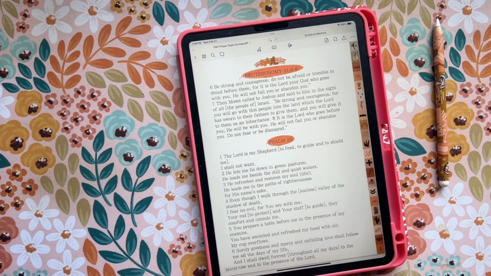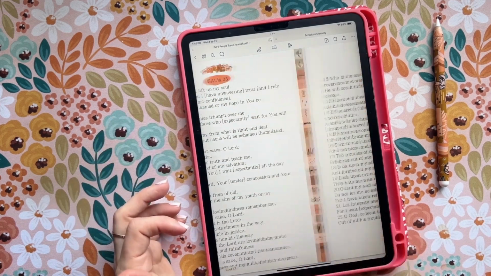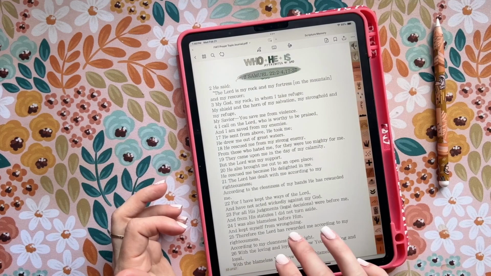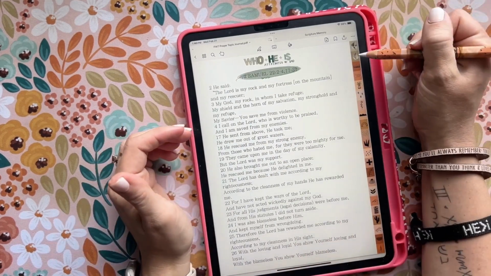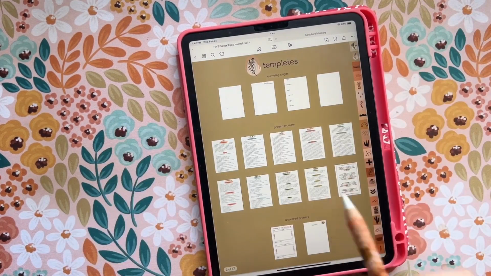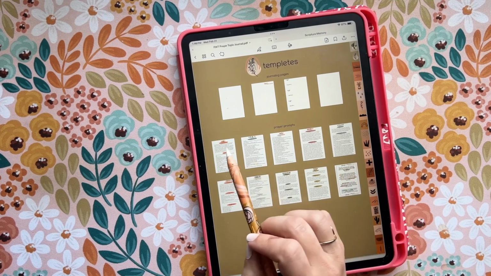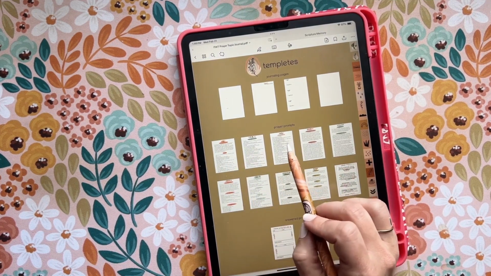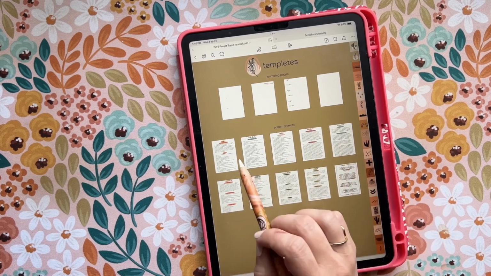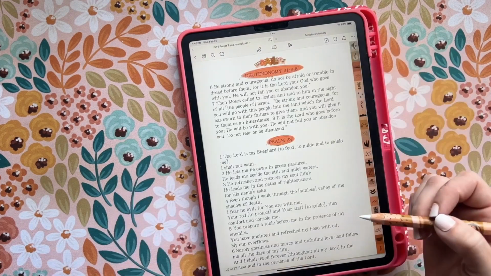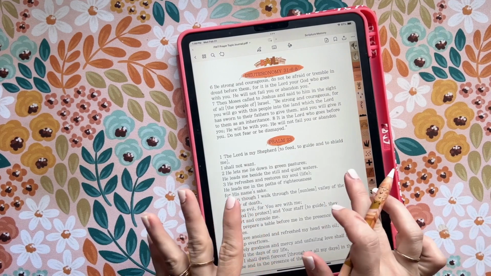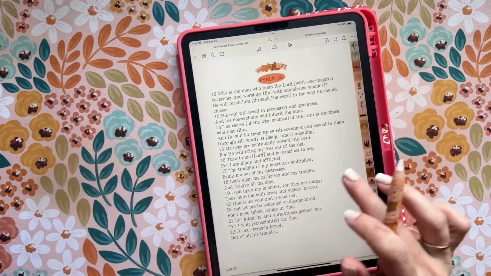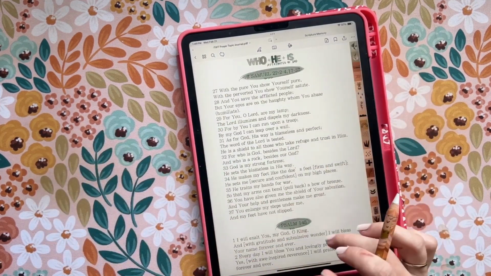And then these are the prayer prompts. So this is daily, who he is. And one thing I do want to say, when you're here, I only linked it to one page, but this one has 4 pages. I think this one has 3. This one has like 5. So some of these, if you just click here and copy and paste that page, that's totally fine. But there is more, so you might want to come back and paste the other ones. So anyways, we have daily, who he is,